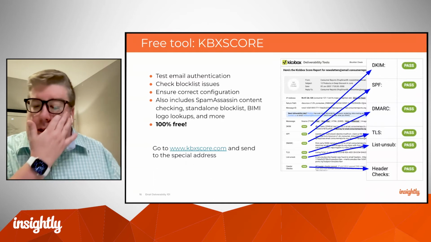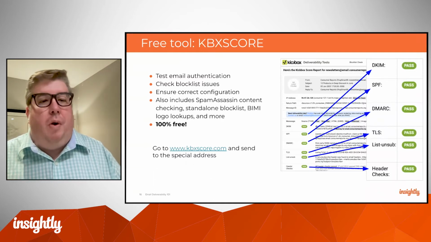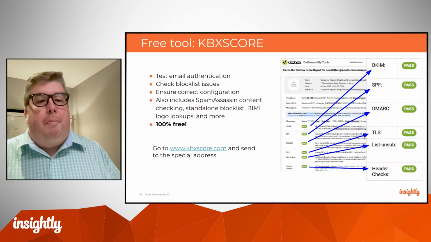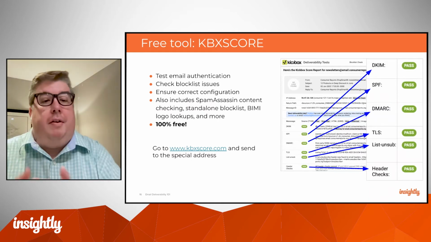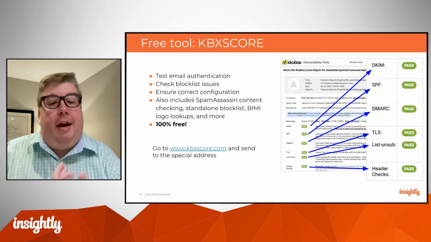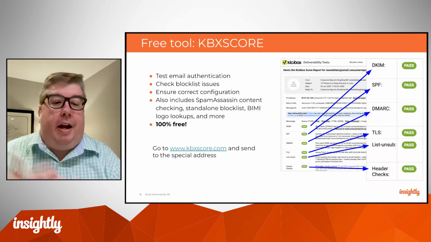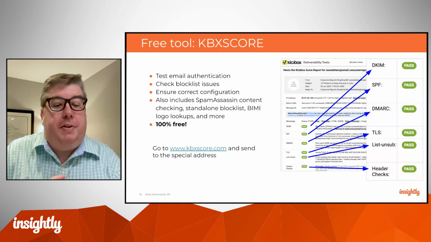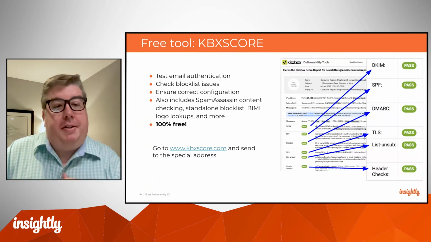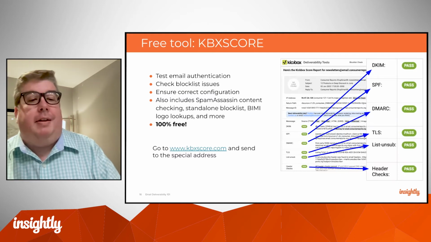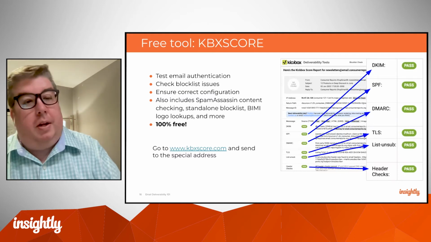Your sending platform, in this case Insightly, does a lot to put you on the best foot forward from a technical perspective to make sure that everything's configured properly to help maximize deliverability success. But there are additional checks beyond that. A very simple content check against the SpamAssassin filter, and a bunch of other things to look at: header settings, and is your domain name configured correctly? Could anything have gone wrong with DNS or other settings? This little KBX Score tool is sort of a simple little mail tester that'll help you ensure that everything is configured properly, to know that at least you do not have a technical issue potentially contributing to a deliverability problem.